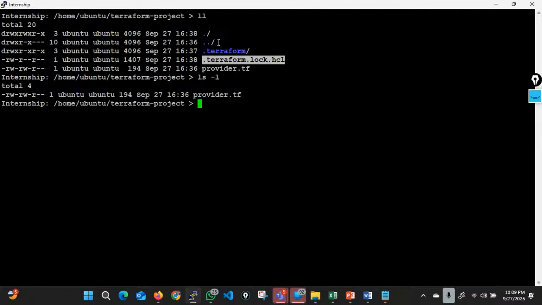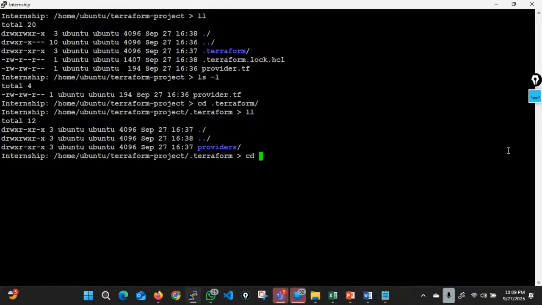Okay, it is out of scope for me to explain all these things in a short period of time. But remember, anything starting with a dot is a hidden file or folder. The blue color is a folder and the white color is a file. So what is there? I can directly go to .terraform